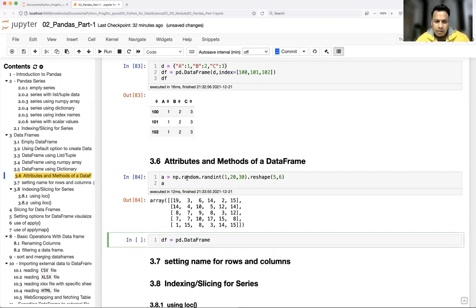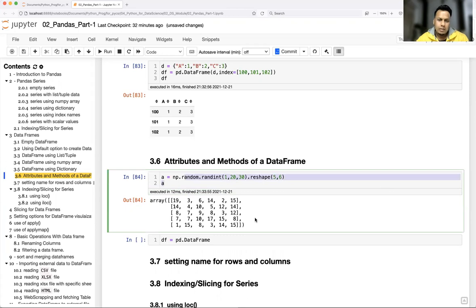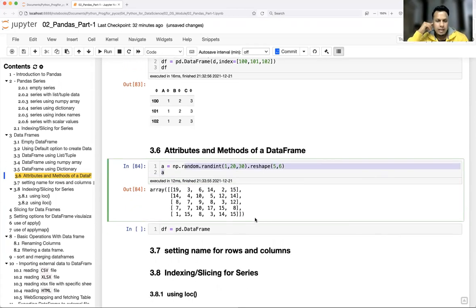Guys, be familiar with these functions. Why? Because when I started learning pandas, I was feeling very low, like, okay, I don't have data, how to create data frames and manipulate them, right? So better you keep using the random function very frequently so that you will have all the data available handy. You just quickly create data, a NumPy matrix, convert into data frame, then you apply all the functions. And later you just get the real-time data. I'll also show how to get the real-time data or some sample data and read it into a data frame.